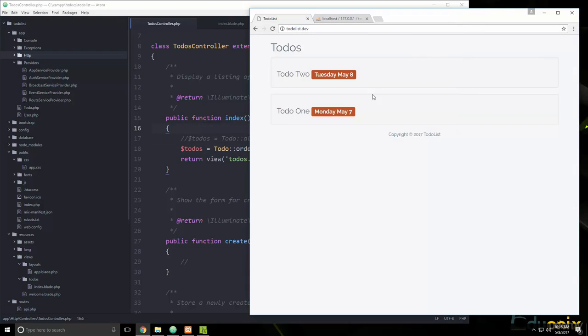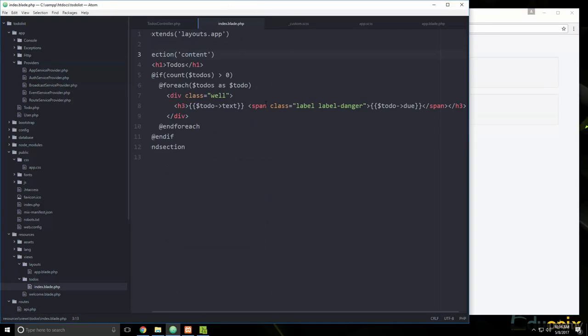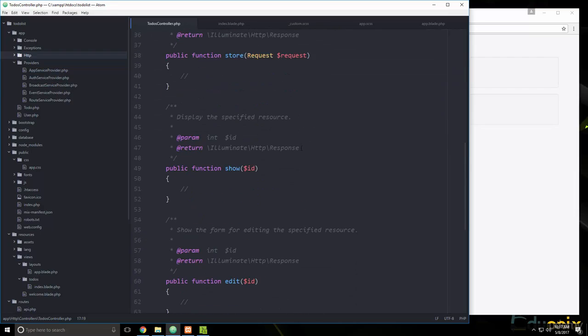So now we need to make it so that if we click on one of these titles, it takes us to an individual page. So let's go to the index view and wrap the text inside the H3 with a link. For the location, that's going to be to-do slash and then the actual ID. So we can just put in to-do ID, and that will automatically call the show method. Okay, let's end that, and just to test things out, let's go over to the show method in the controller